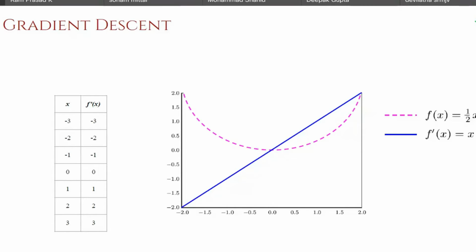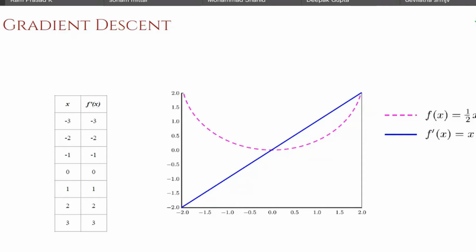So there is a well-defined procedure to find for what value of x the first derivative will become 0 or close to 0. By the way, this is an example that I have taken from the standard deep learning textbook written by Ian Goodfellow and Yoshua Bengio that I was showing previously. Part 1 of that textbook is also excellently written, which covers all the fundamentals and intuitions of machine learning. Okay, so what is the best way to find for what value of x f prime of x is 0 or close to 0?